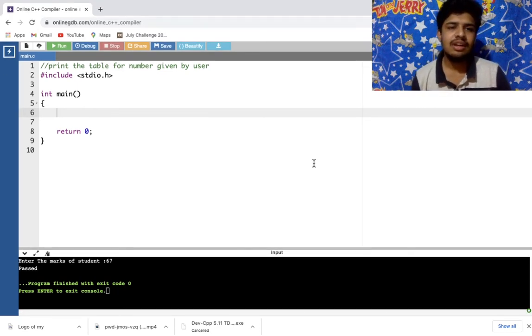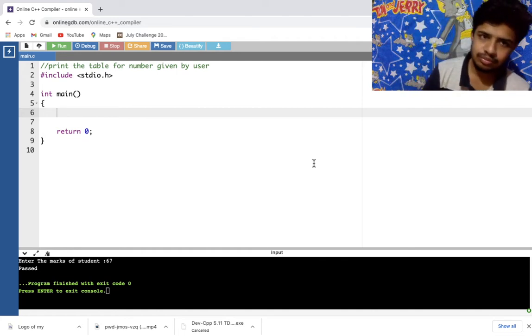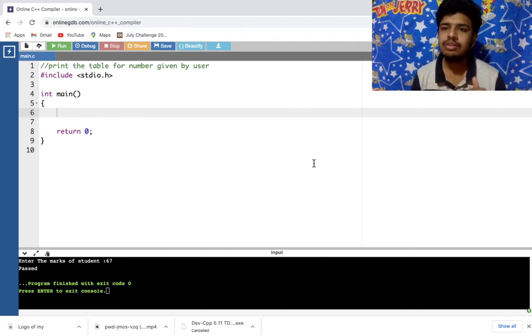So guys, let's start coding for the next practice program now. Our fourth, actually it's the fourth code. Here we are using a for loop. What we have to do is create a table of the number given by the user,